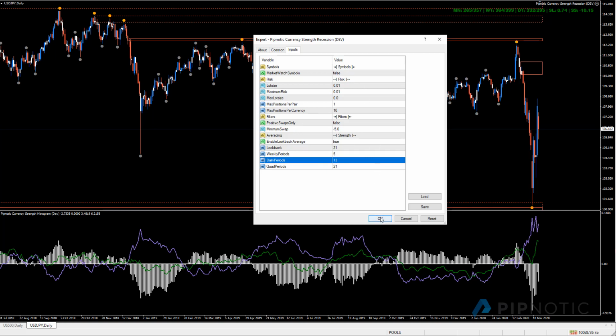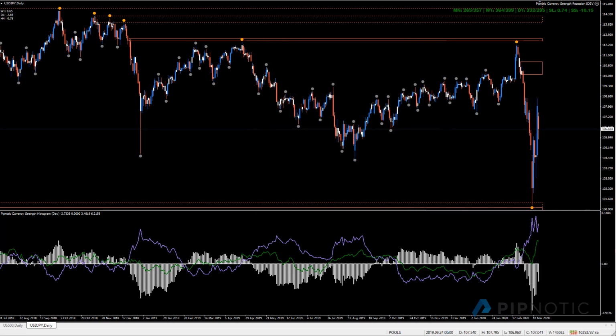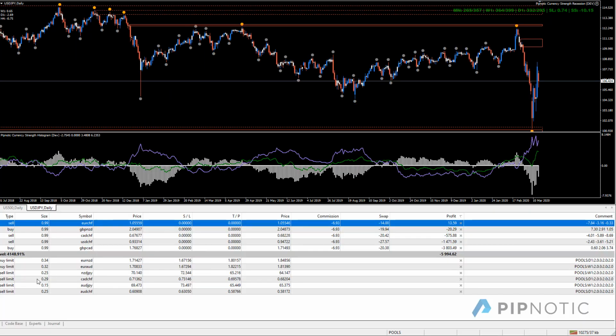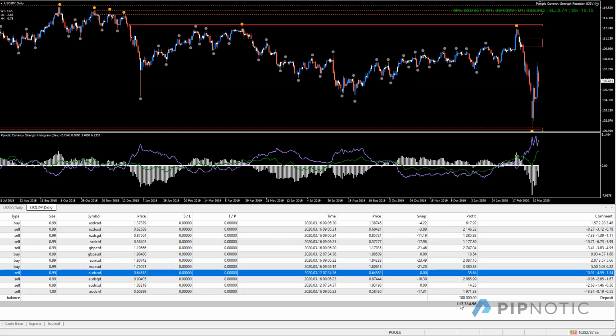And again, this is not something that's going to be available. This is just something I'm using to validate the accuracy of the signals that this piece of software and the GFX software are providing to us. So I'll go like that, and it's been running since I switched it on last week. If we have a look at the history, it did 17% last week, and again, that sounds pretty amazing, but